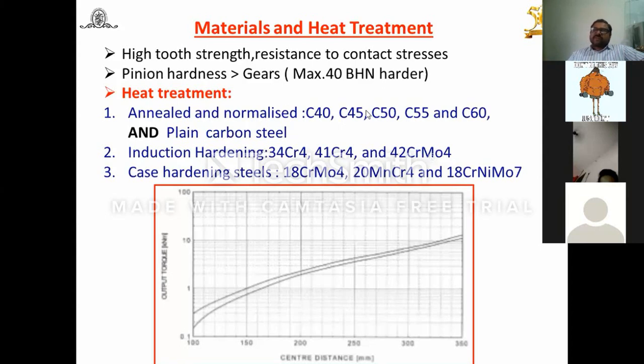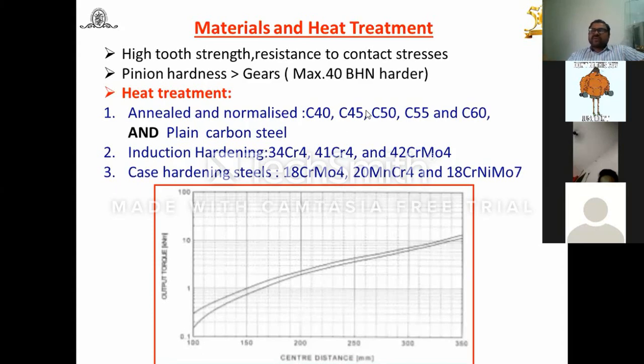Now suppose while solving the problem, you have seen pinion having some BHN, then gears having some BHN. And sometimes, the calculated APS may be less than the recommended APS. That time you are going to say your design is going to fail or it's not safe. That time you have a right to increase the BHN directly without changing the material in your design also. That time you can write, by heat treatment process, we can increase the hardness of the material. And even after increasing the hardness, you can do the calculation and check it. And if you find it again fails, that time you don't have an option.